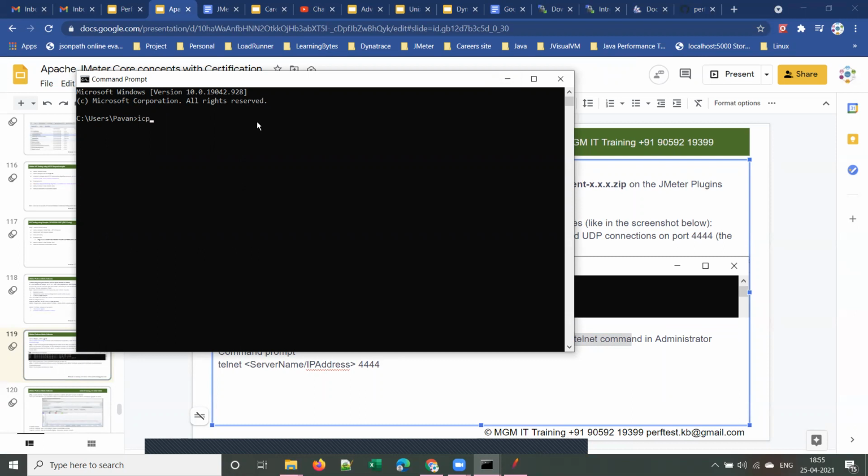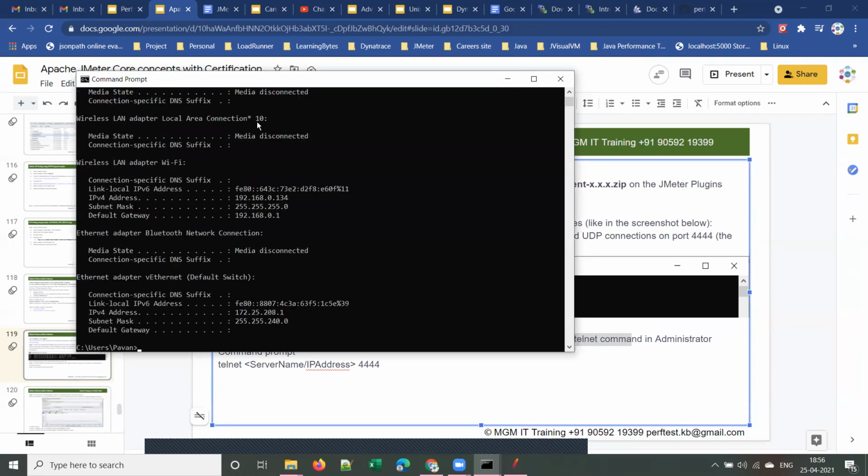Let me check the IP address of the machine on which my server agent is running, because I need this IP address or host name. It is 192.168.0.134. Please remember that the dot should be pronounced as "dot" and not as zero. We read this as 192.168.0.134, right? And this is the normal command prompt.